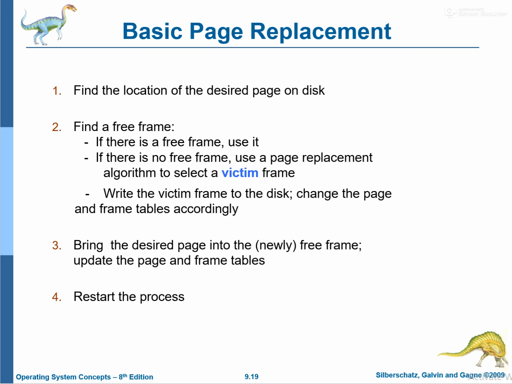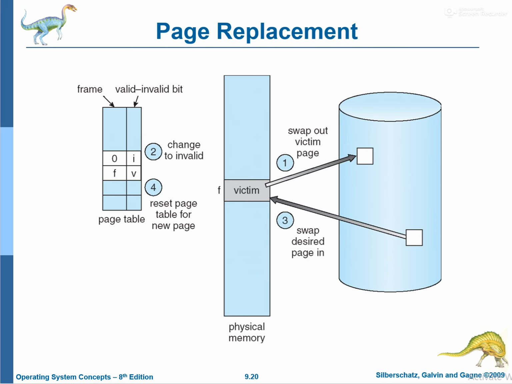Now what is a victim frame? Victim frame over here is the frame which you choose to take back or swap that page out onto the backing store. You have to swap out a page into the backing store so that you can make space for a page that is on the backing store to bring it into main memory. So swap out the victim onto the backing store and swap in the desired page